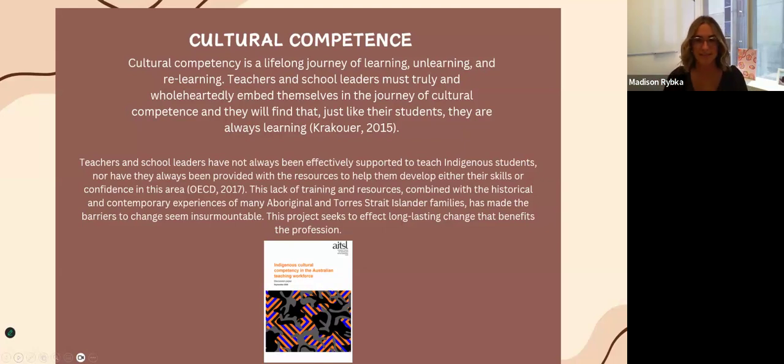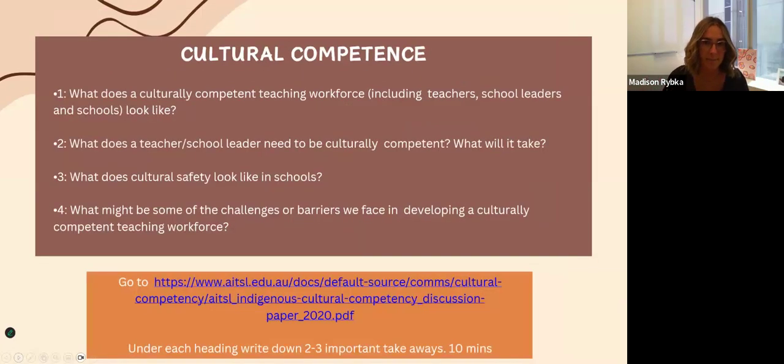So cultural competency, so important. You're never going to be amazing at it. We're always learning no matter what we're doing. We're trying to make a long-lasting change for our students. And I unpack this within my EDUC6009 Diversity unit. I'm not going to do this activity, but there are those four points.